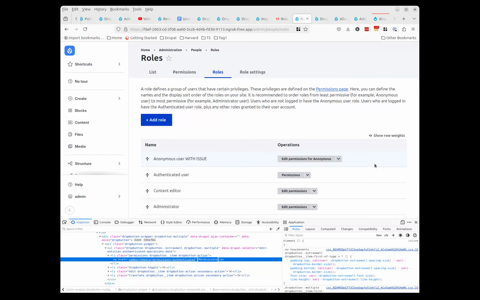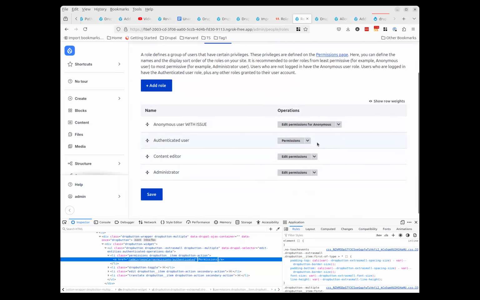Okay, so let's see. So definitely the ARIA label should be restored to the first item on the list. Adding for anonymous kind of makes it too long. Making it just permissions instead of edit permissions, always less is more. I think that's an improvement. And I think Simo has an excellent point that we can use this link to inspect permissions as well as to change them. So I kind of like the suggestion of using just permissions.